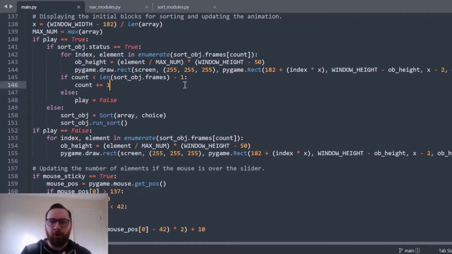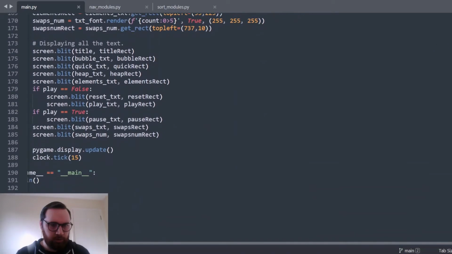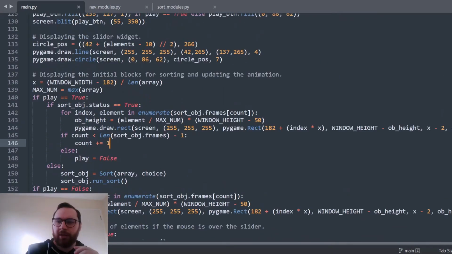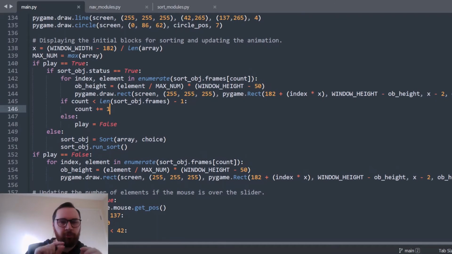It completes the whole sort in milliseconds, and then creates a bunch of frames from arrays that were stored during that sort. And then it just shows you those arrays at, I think it's 15 frames a second. And so that's how we control the speed of that change. And we're just using Pygame rectangle to draw the rectangle,